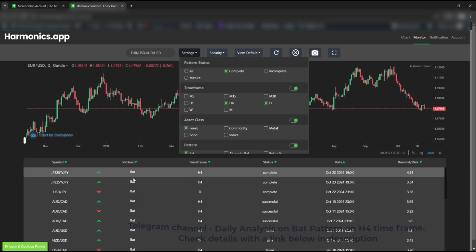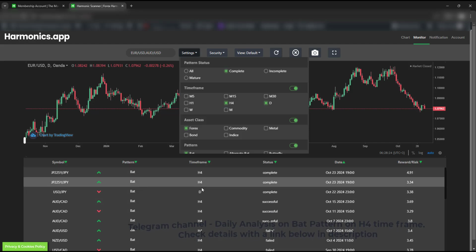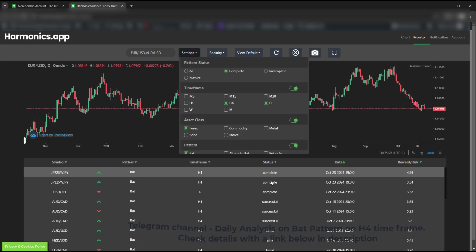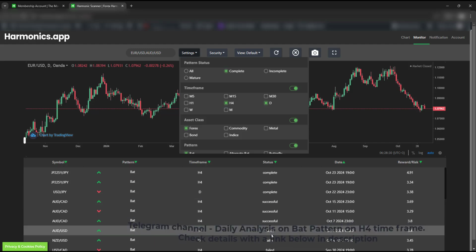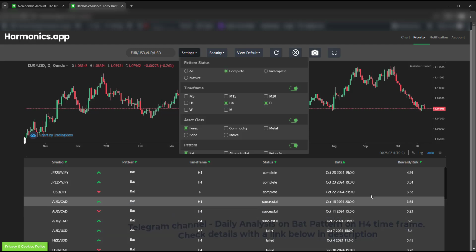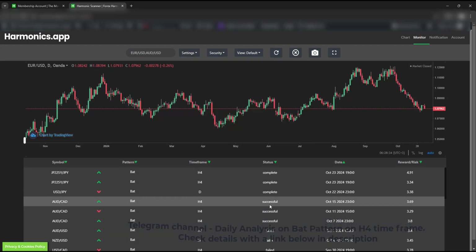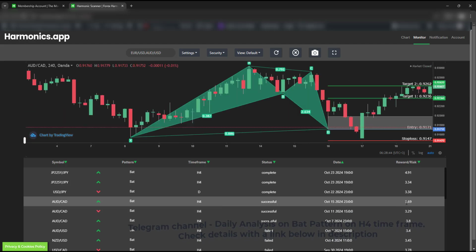In this case, I have selected bad pattern, 4-hour time frame and the daily time frame, and only complete. After it is complete, it can become failed or it can be successful. So in this table, we can see if I click Australian dollar against Canadian dollar, which was a bullish bad pattern on the 4-hour time frame, has become successful, where we have a reward to risk 3.69, and this pattern has been detected on 15 October at